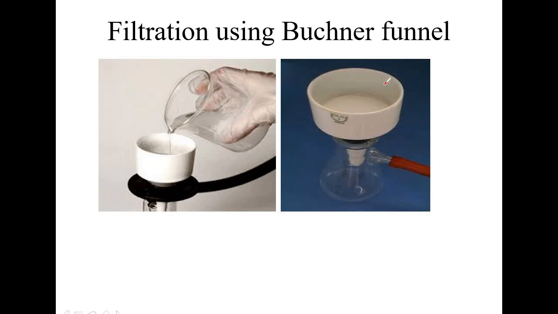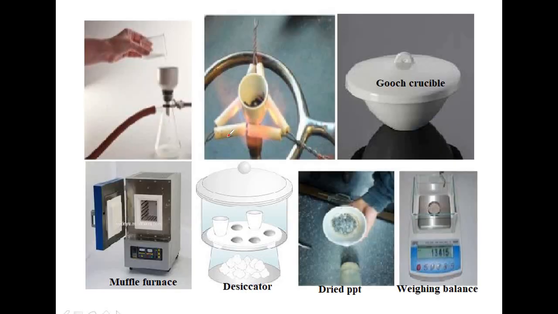And in this case, the filter paper has to be taken in the circular form, whereas in the earlier case it can be taken in the conical form. Okay. Now after the complete precipitation, once the water gets drained out completely, the precipitate along with the filter paper is to be taken in a Gooch crucible. It is a previously weighed Gooch crucible, along with the lid. You have to open the lid and transfer the precipitate along with the filter paper.